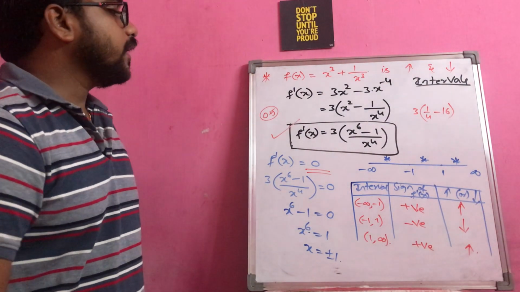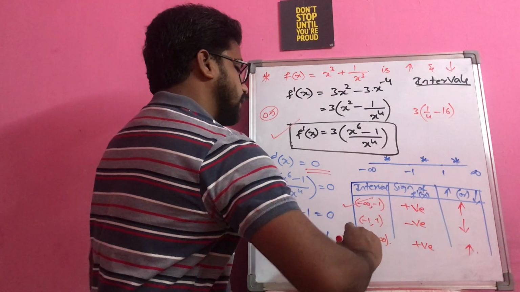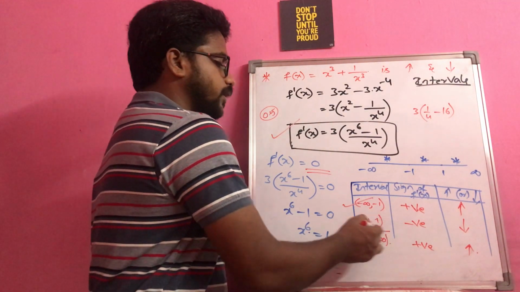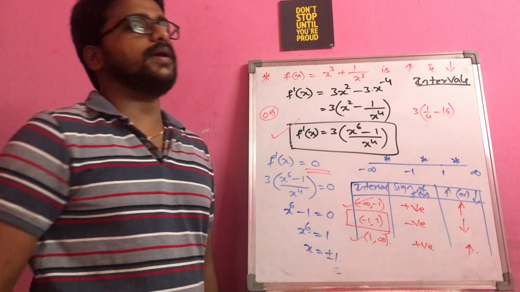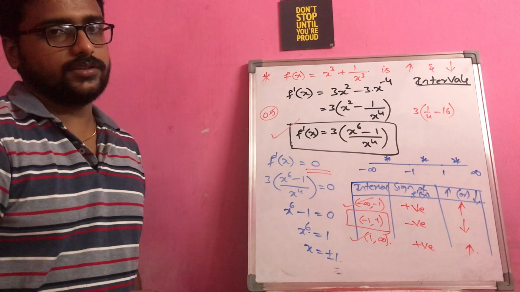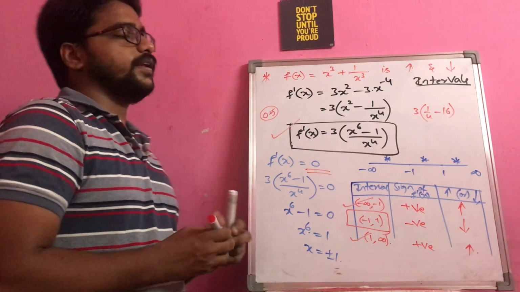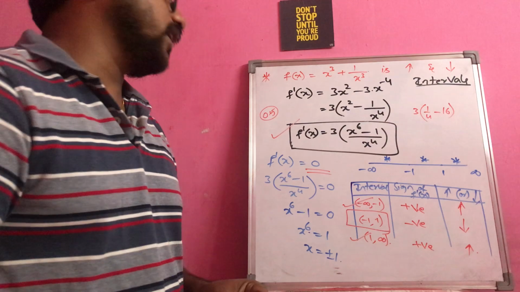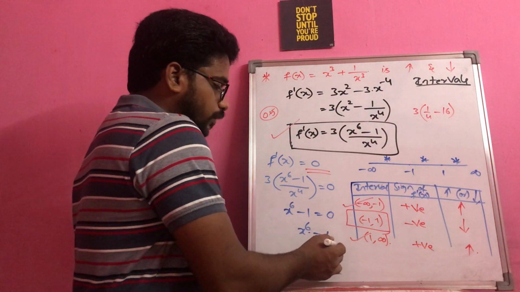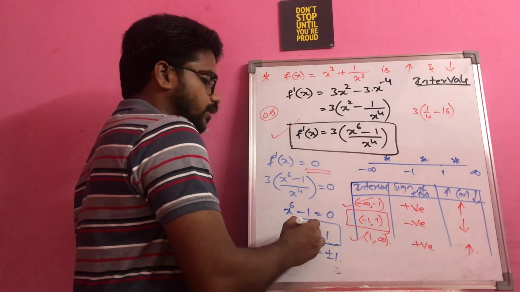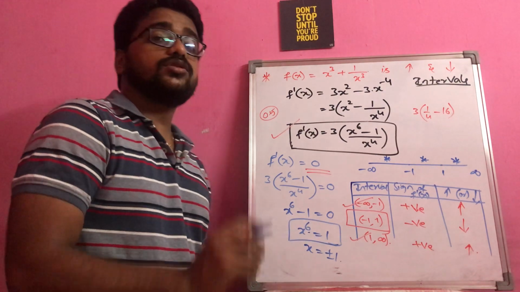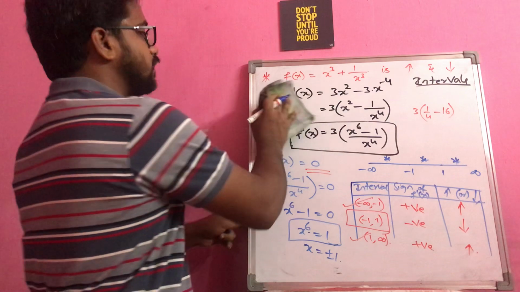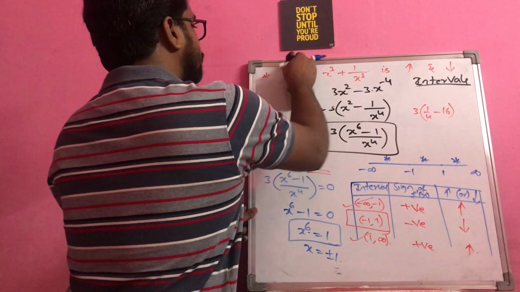So you can come to a conclusion that in these two intervals together the function is increasing, and only in this particular interval the function is behaving like a decreasing function, right? Hope this question is very clear for everyone. The main important thing that you have to notice here is whenever you are having this type of higher power, how to simplify this. I will just quickly explain some more things about this.